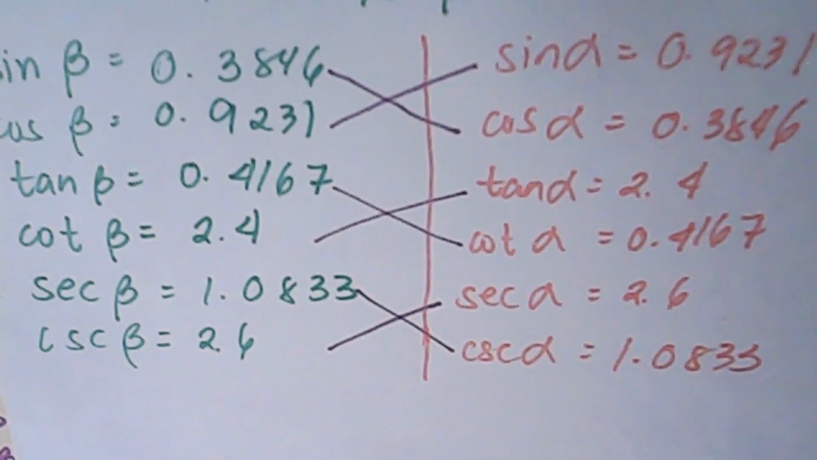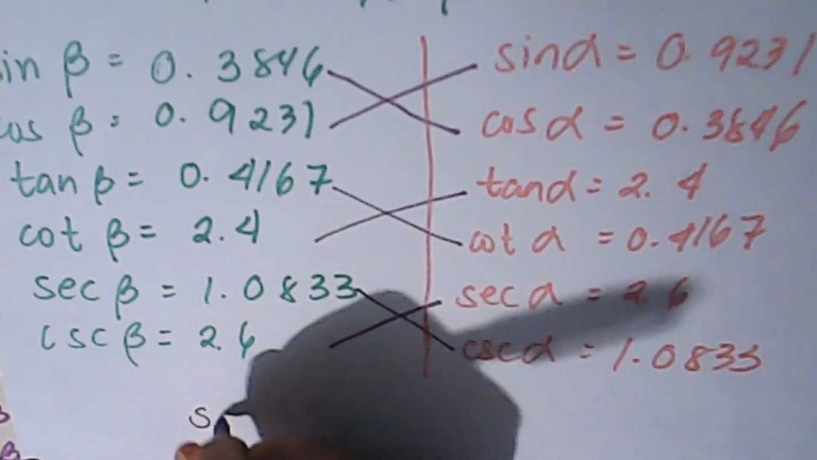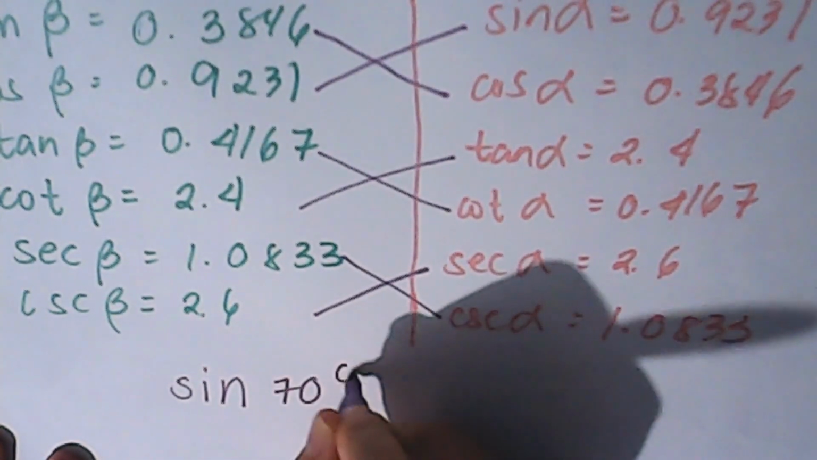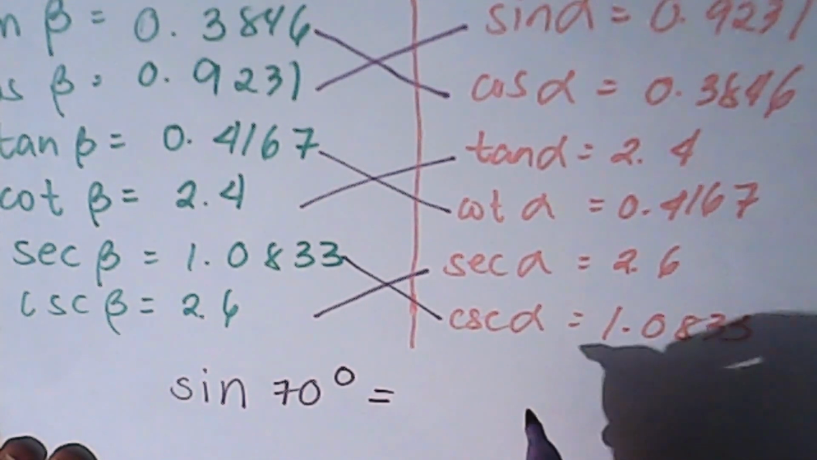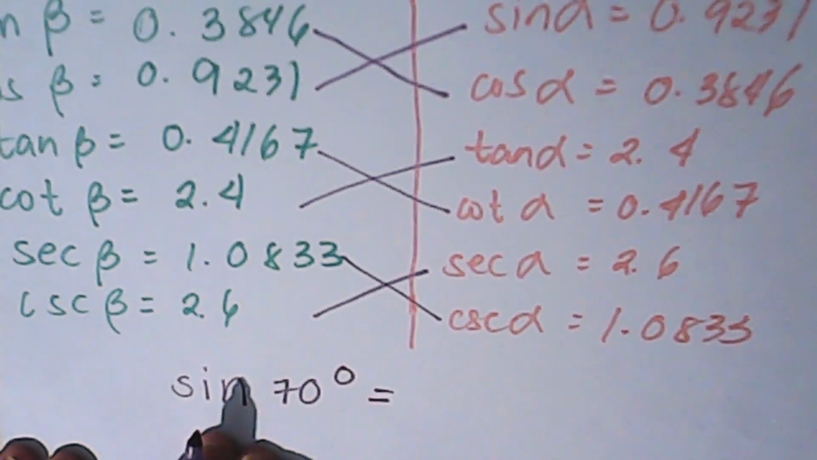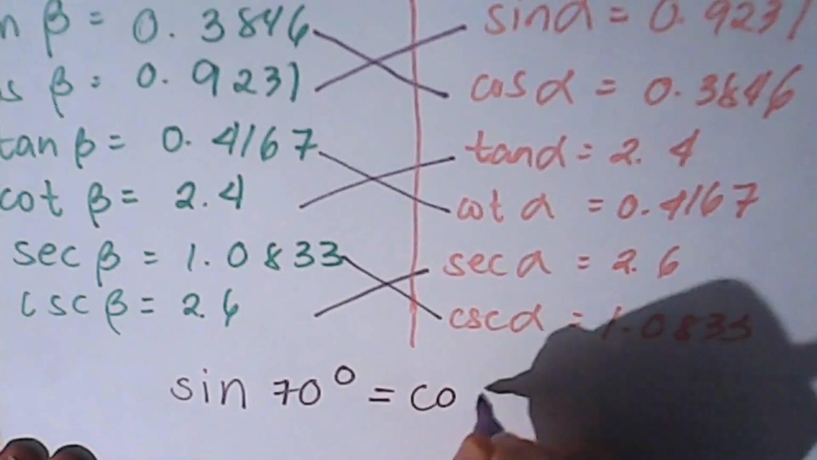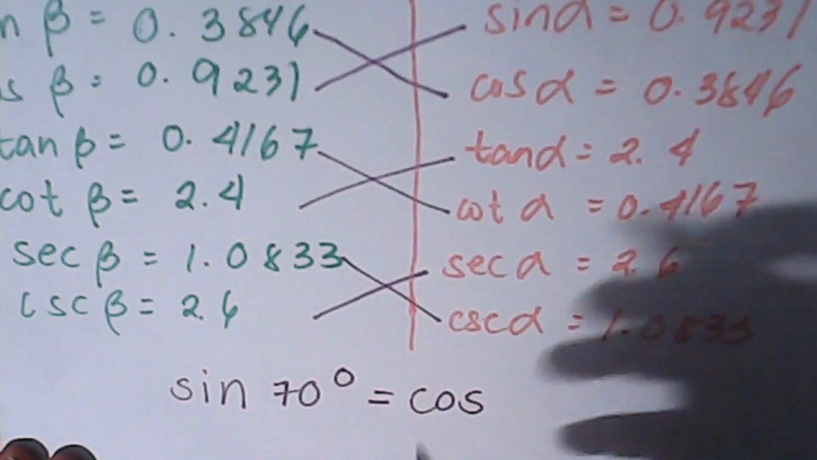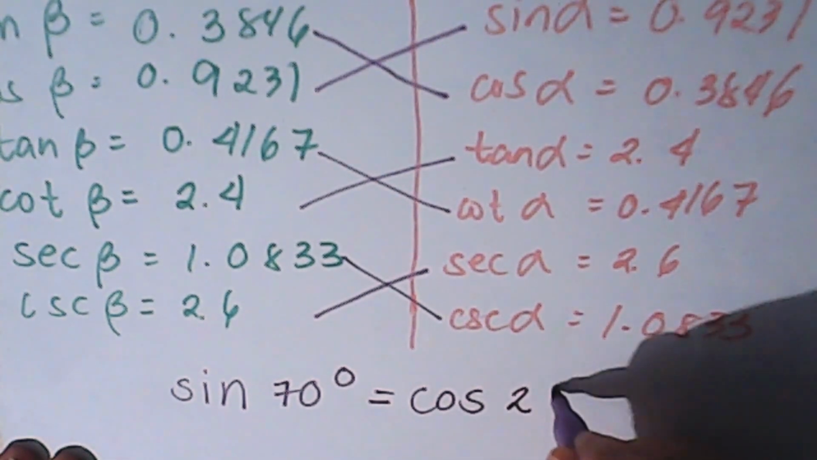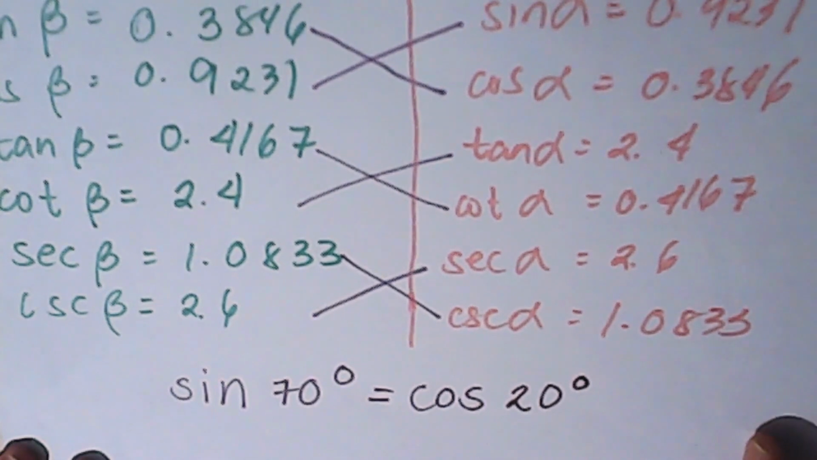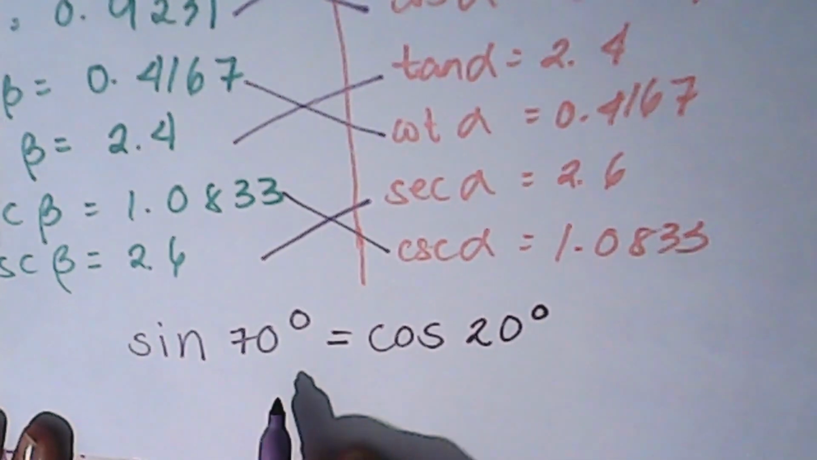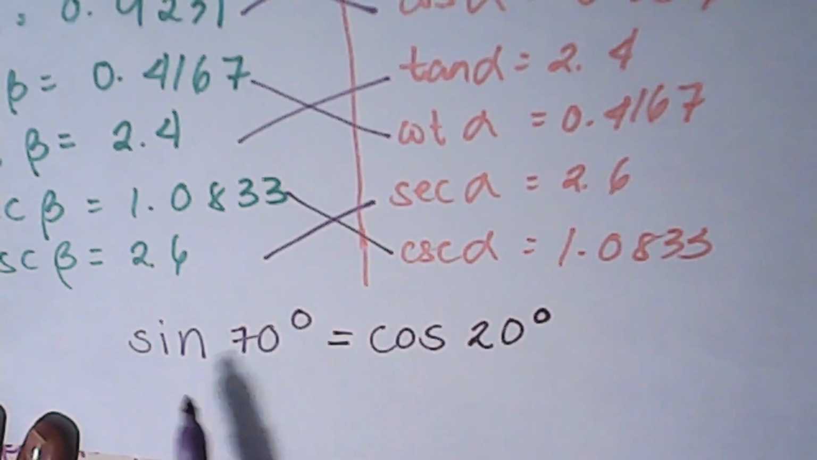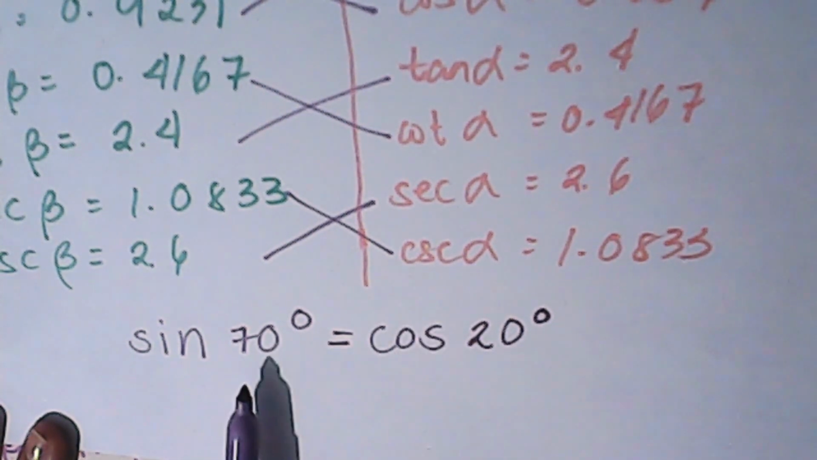So, suppose that we have sine of 70 degrees. It is equal to the, what is the cofunction of sine? The cofunction of sine is cosine. And what is the complement of 70? The complement of 70 is 90 minus 70, so that is 20 degrees. So that means sine 70 is equal to cosine 20, because sine and cosine are cofunctions and 70 and 20